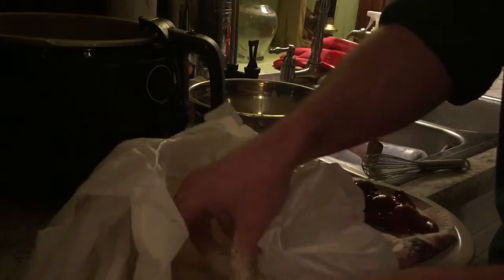Okay. I'm just going to kind of do this by hand because I don't want to give the big old shake here, the PKY shake or A Street Hustle or whatever you want to call it. Anyhow, so we're just starting to get a nice coating on there, and pretty simple from here on out. Just drop them in that hot oil,